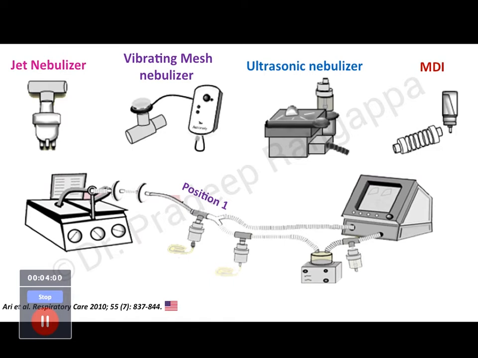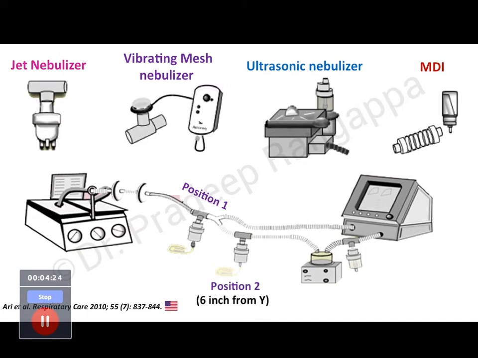The first study came from R.I. et al., which was published in Respiratory Care in 2010. So this is a test lung, which you would consider as a patient. He created three positions in the circuit. Position 1 is where most of you would still be using it, between the ET tube and the Y connector. In position 2, he put it 6 inches from the Y connector. I think this science is very important for all the trainees to understand.